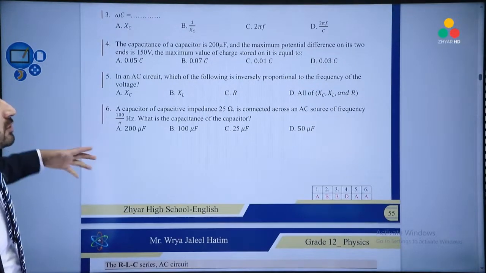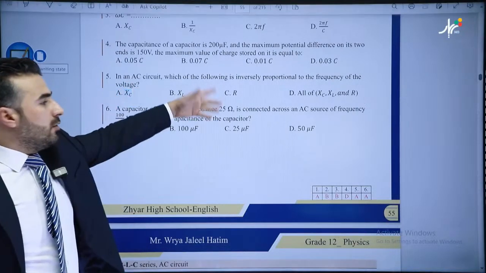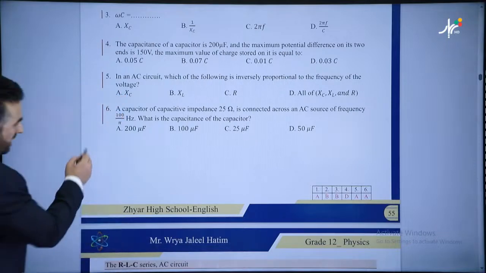which of the following is inversely proportional to the frequency of the voltage? XC, XL, or R, or all of them, yeah? And of course, it is XC, because why XC? Because we said XC is equal to,